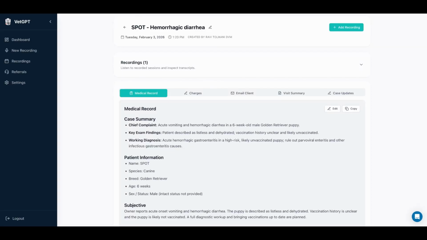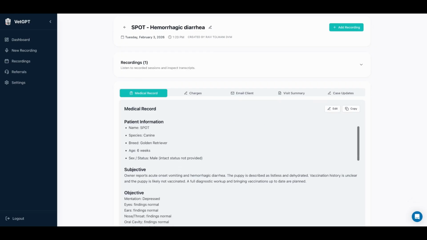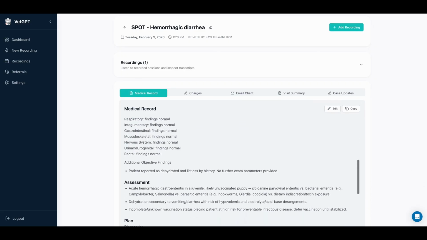One of the features that I really like the most about VetGPT is the ability to customize my medical notes very, very easily without any templates. Here's an example of a medical record that was produced 30 seconds after an exam room conversation with Spot having hemorrhagic diarrhea. What you'll notice is the medical record initially is broken down into case summary, patient information, subjective, objective,